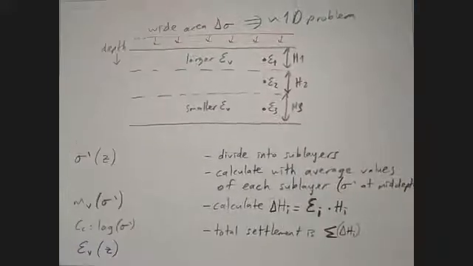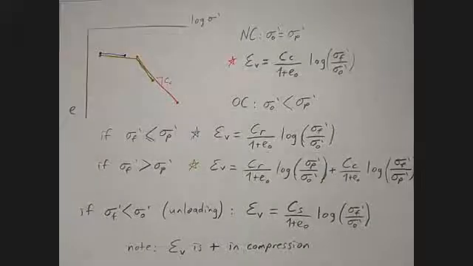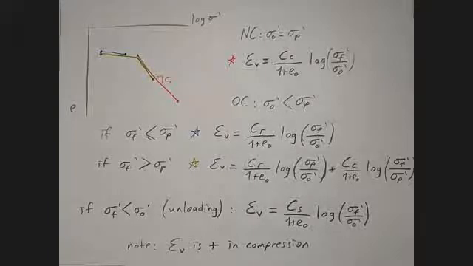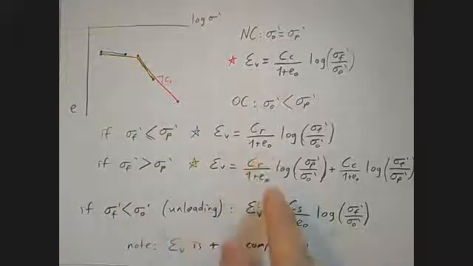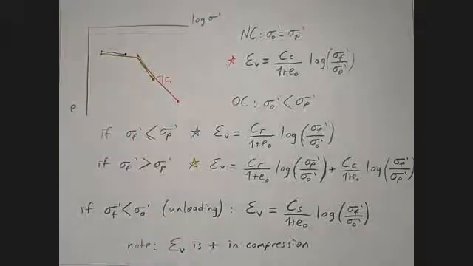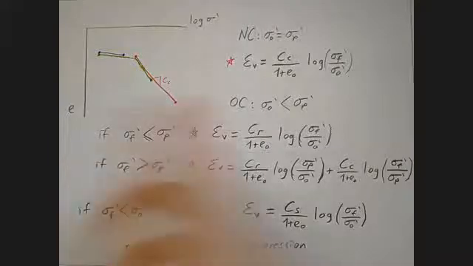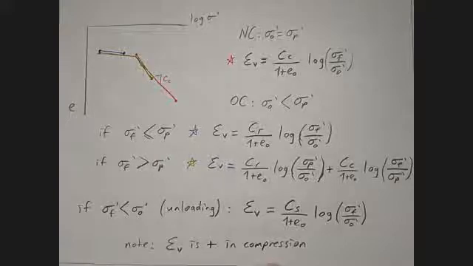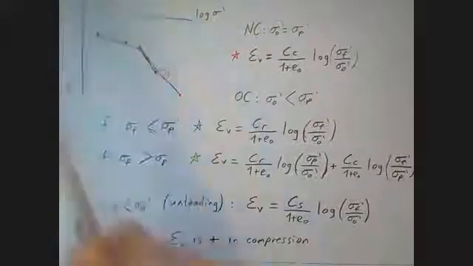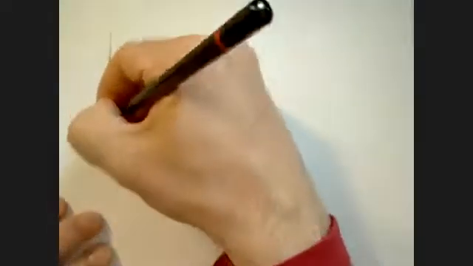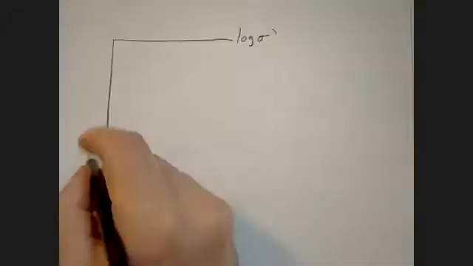Here I'm going to add one more detail actually. If you notice, it's always index over 1 plus e0, index over 1 plus e0. So some soils, instead of fitting exactly to this, they fit to a slightly different logarithmic model. Instead of having things in terms of void ratio, you can have things in terms of strain. So if you have the same model but with an axis of strain here, if you plot log stress versus strain instead,